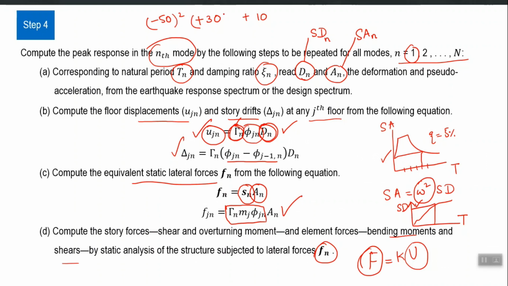Negative responses will simply become positive, and finally SRSS will always give you a positive answer. So, RSA can never give you a negative answer if you are using SRSS, right,